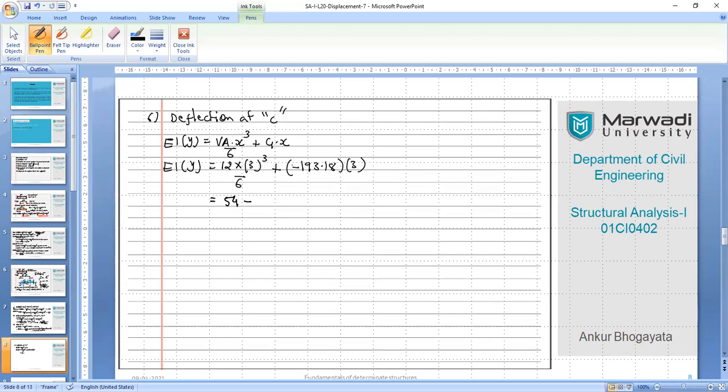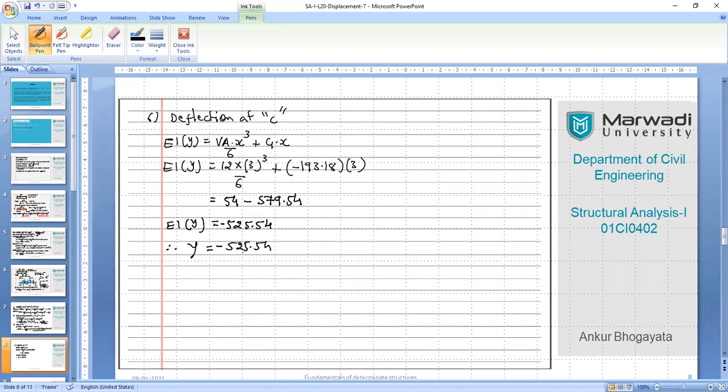minus 193.18 into 3, so that is 579.54, right, minus 54, 525.54 over EI, right, Y. So we'll put it like that in a simple way. Y is equal to, sorry, it will be negative